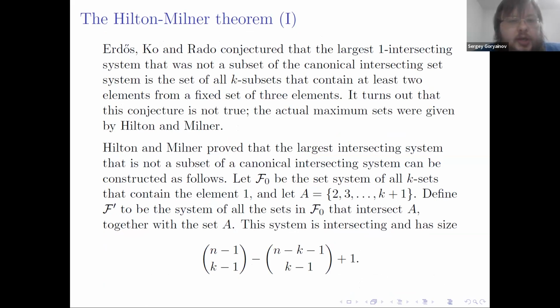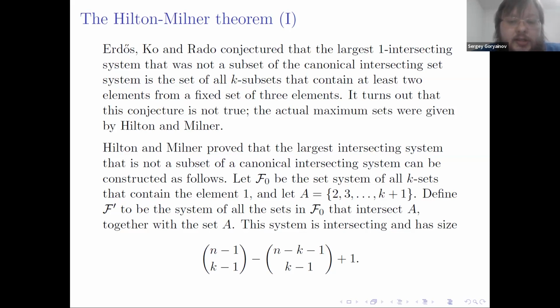investigations of this question. Erdős, Ko and Rado conjectured that the largest intersecting system that was not a subset of the canonical intersecting set system is the set of all k-subsets that contain at least 2 elements from a fixed set of 3 elements. It turns out that this conjecture is not true. The actual maximum sets were given by Hilton and Milner. Hilton and Milner proved that the largest intersecting system that is not a subset of a canonical intersecting system can be constructed